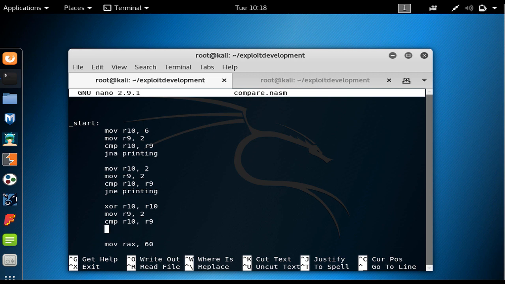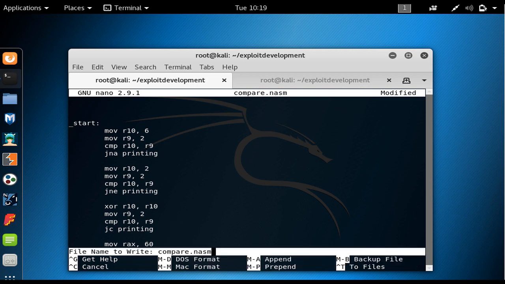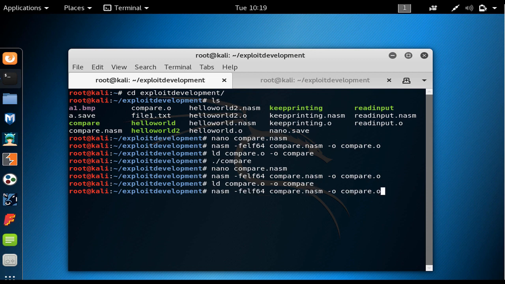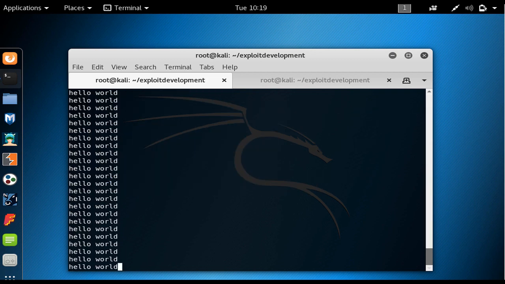There are two kinds of jumps. One of them is JC. So I say JC printing. JC would look at the carry flag. If it is set, then it would jump. And because we are subtracting 2 from 0, in here we have 0 minus 2, so the carry flag would be set. If I just assemble and link this again and execute it again, you see we have an